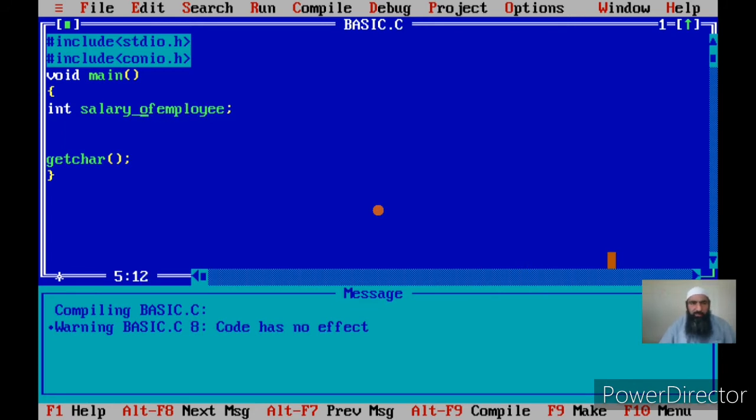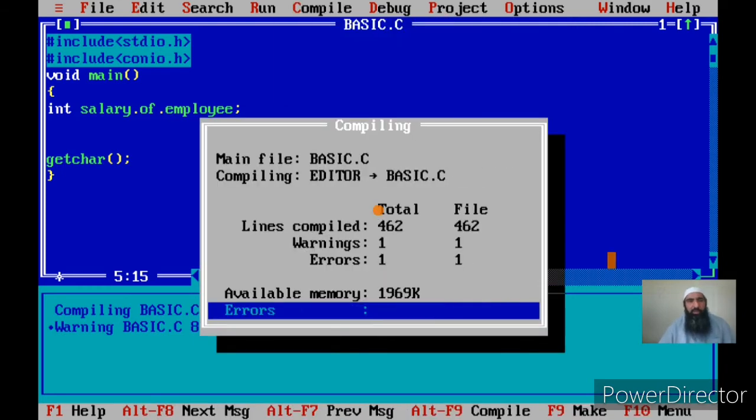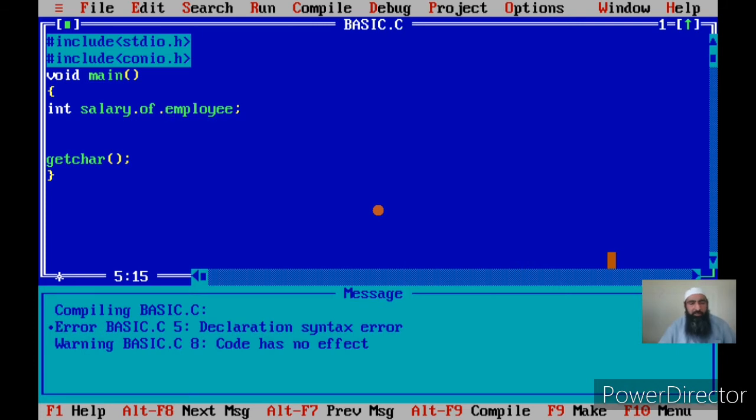Now let me try to modify this variable name further. If I put a dot here, that is salary.of.employee. Now this is a variable name that is continuous. It does not have any spaces, so I am not violating that rule that variable name should not contain spaces. So let me compile. Again I am having errors. What does that mean? This dot character is not allowed in the variable name. So there are certain characters that are allowed in a variable name, and there are certain characters that are not allowed. Underscore is allowed, dot is not allowed, star is not allowed. Why are certain characters not allowed? Because these characters have special meaning in C.